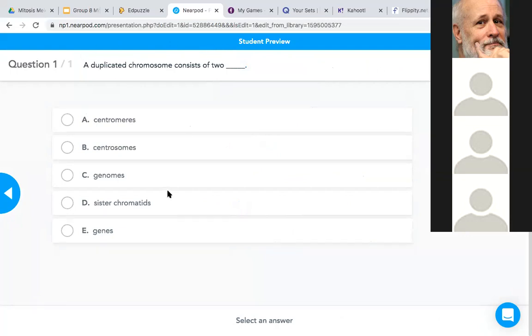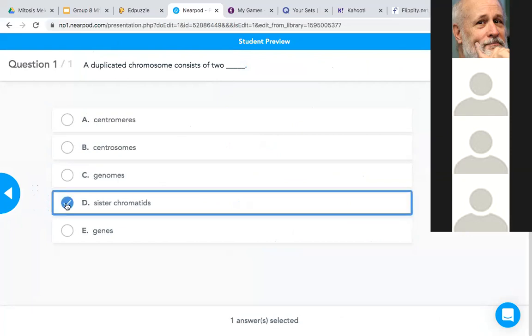If 90% of them answer this correctly, we'll move on. If not, if I see there's a problem, some misunderstanding, I know right then and there to go back and re-explain. So it does several things. It keeps them engaged in the lesson because they don't know when those questions are going to pop up.